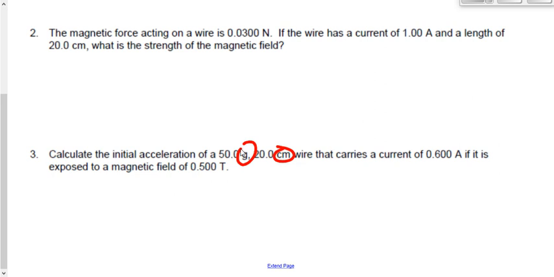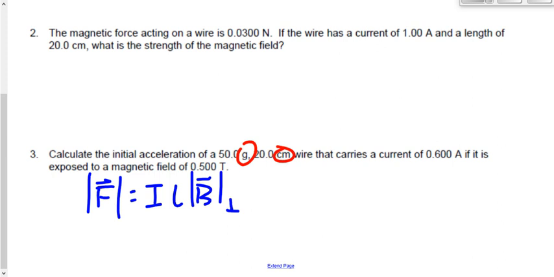Do you guys remember what to do in Physics 30 if you're asked to solve for acceleration, like 99.9% of the time? What needs to be with you? To get acceleration, the force needs to be with you, right? But this time it's not an electric force like it was in the last unit. This time it's a magnetic force. So let's get that. The magnetic force acting on this wire, assuming the wire is perpendicular to the field, is